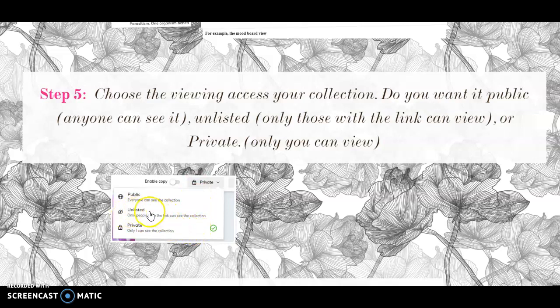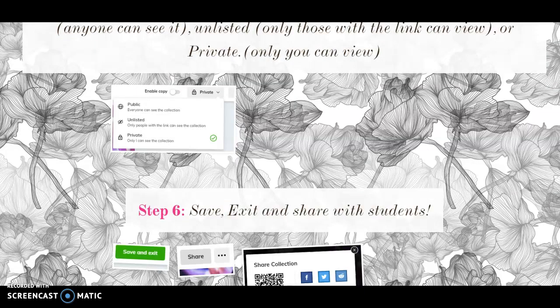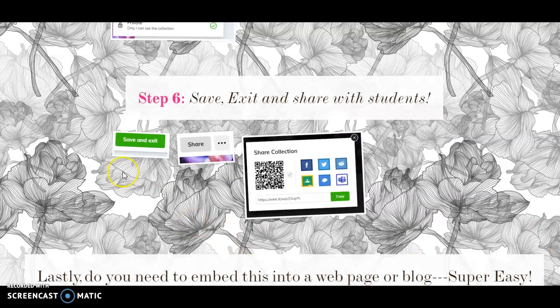In most cases, for most teachers, you'll want to go unlisted and then you just provide the kids with your link. If you're doing some kind of tutorial for other teachers, then go ahead and make it public. Or if it's just for you, say a resume, then you can keep that as a private collection where only you can view it. And then step 6, we just hit that green button off to the left-hand side, save,